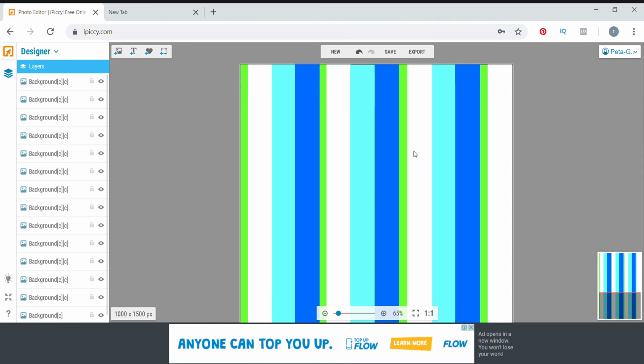You try to keep it as clean and neat as possible. And once you've done that, you're going to want to export your design. You're either going to want to export your design to add additional design elements to it, or you're going to want to save it as is so you can print your paper and use it however you want to use it. For today's tutorial, I'm going to end right here, so I'm just going to save the paper